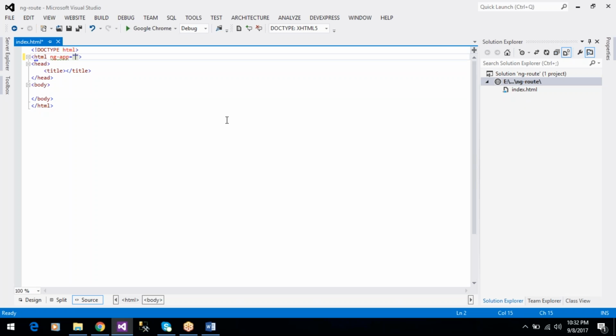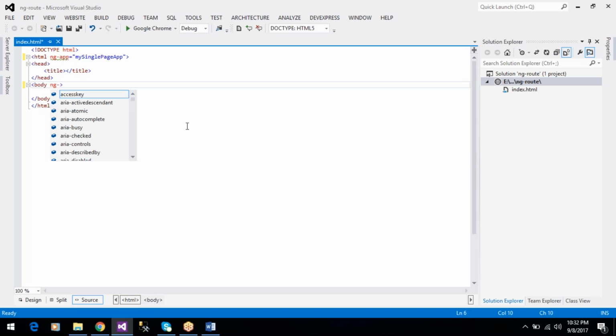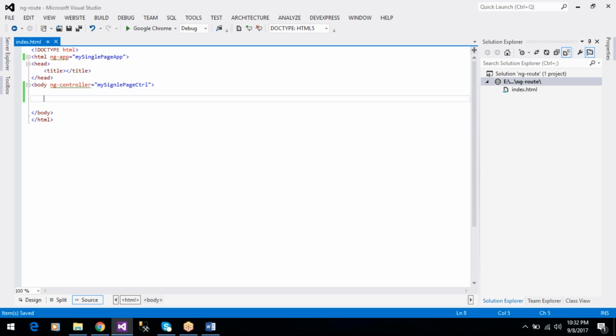ng-app equal to mySinglePageApp. So this is our application name, and the controller, ng-controller, mySinglePageController. So now